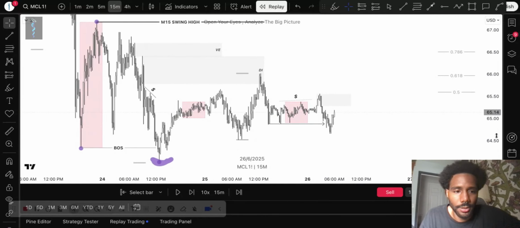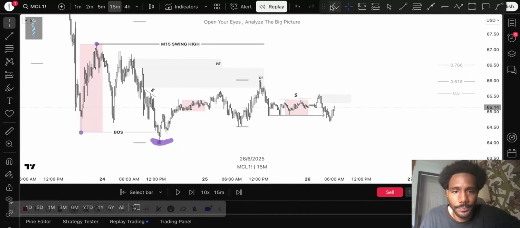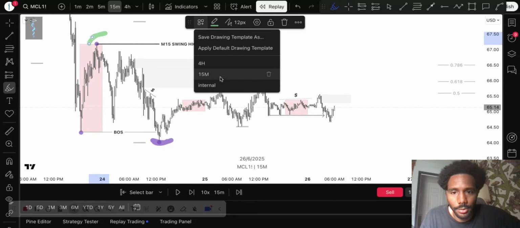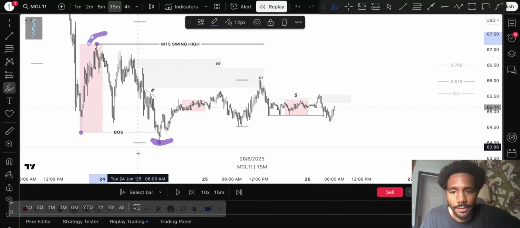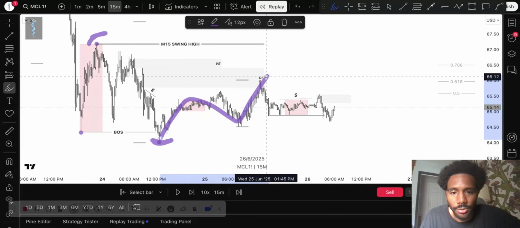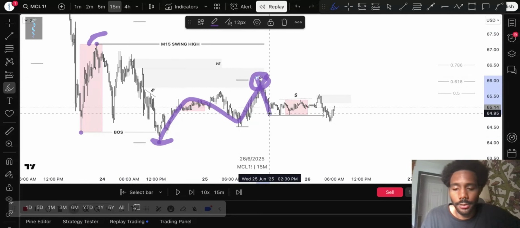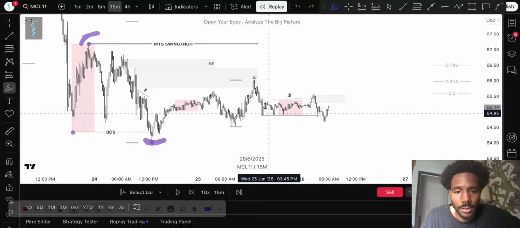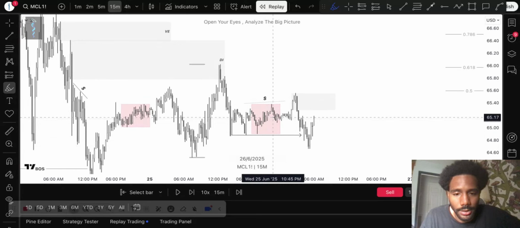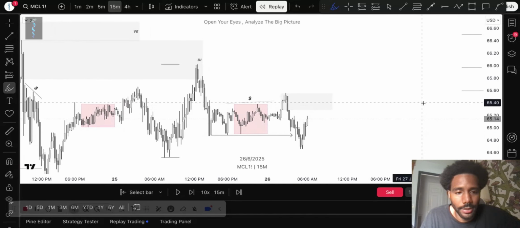Right now, as you can see, we have 15-minute structure, which is the 15-minute swing high. Let's change this to purple so it's matching, and the 15-minute swing low. Price has pulled back to the decisional area of interest and started to show some signs that it wants to deliver from this level. Zooming into price action on the day, Thursday, June 26, 2025,